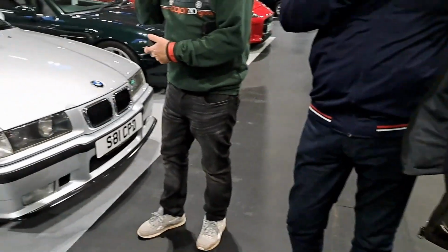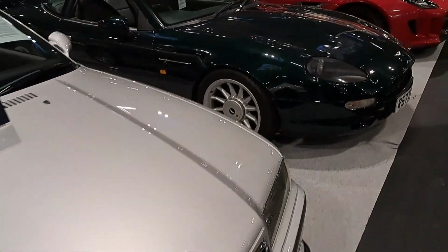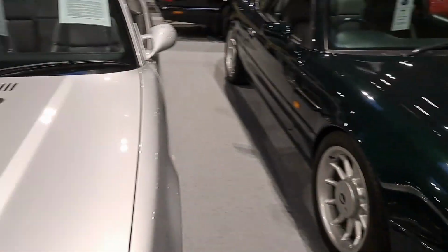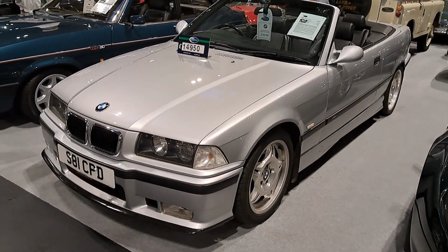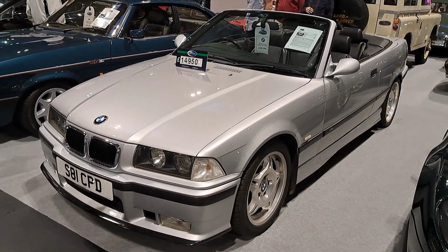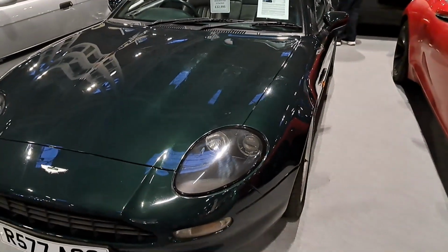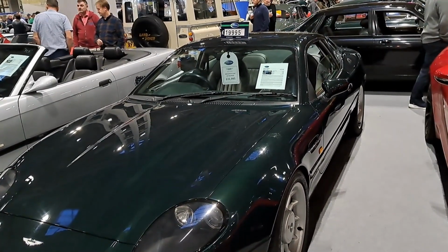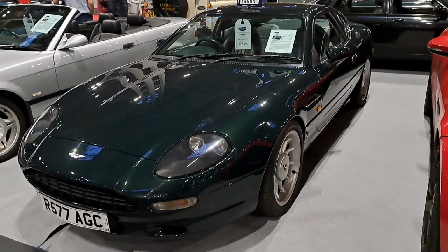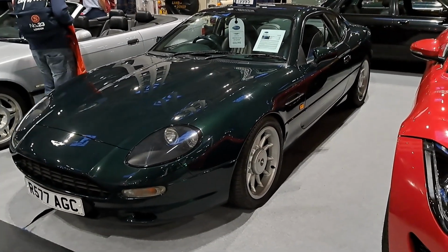Then we've got this E36 BMW M3 Evolution convertible. What's that? Reduced now to £14,950. Ooh, very nice. 19,995. An even cheaper way into Aston Martin ownership. A DB7,